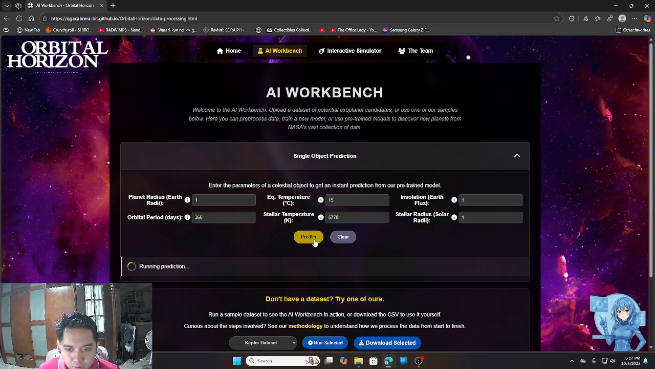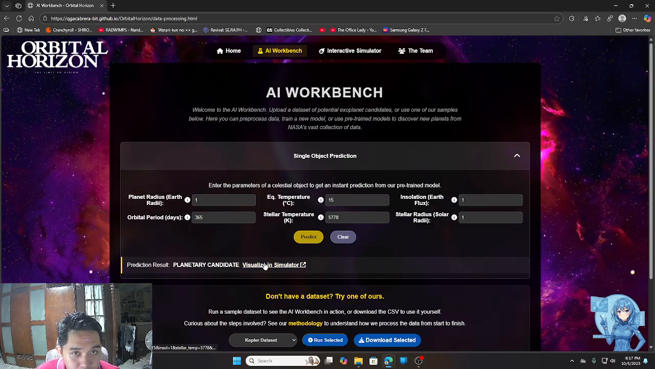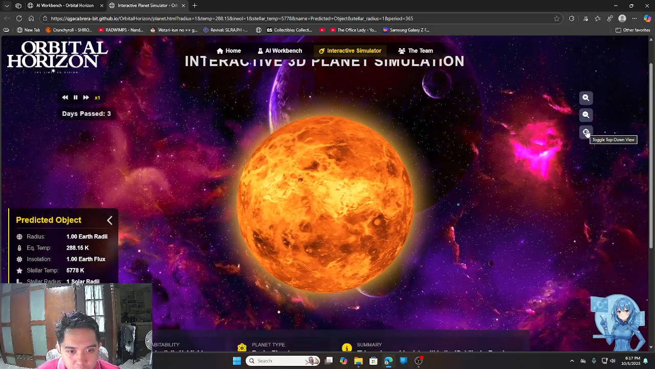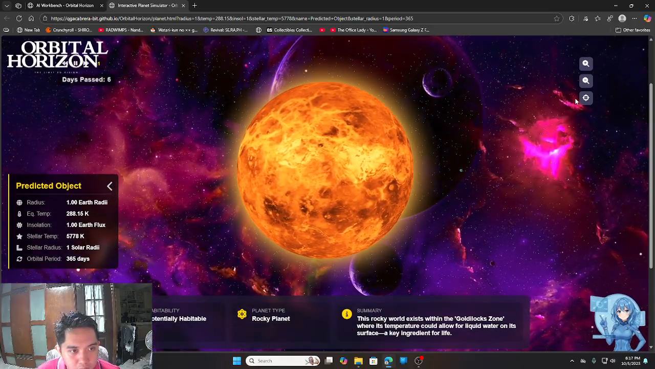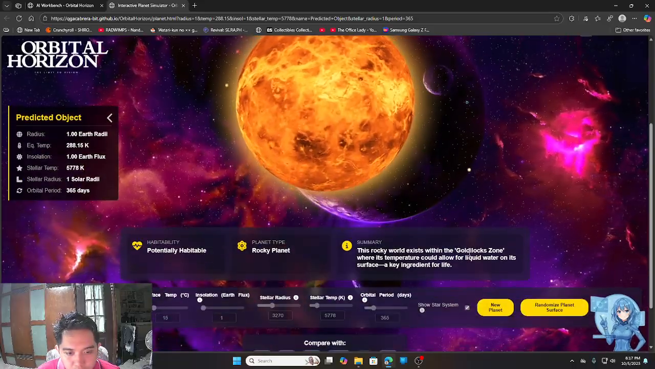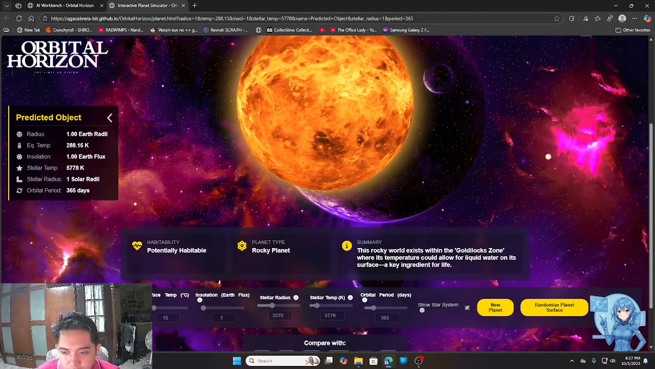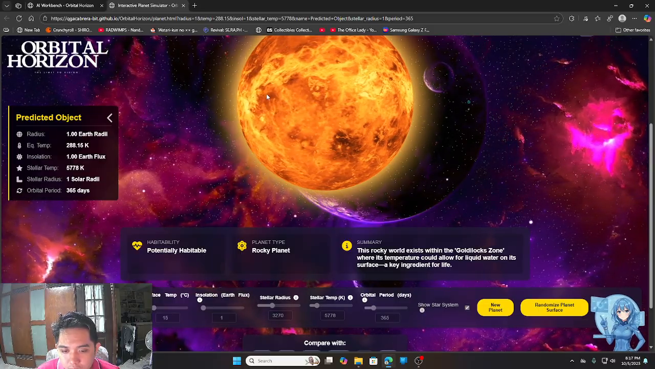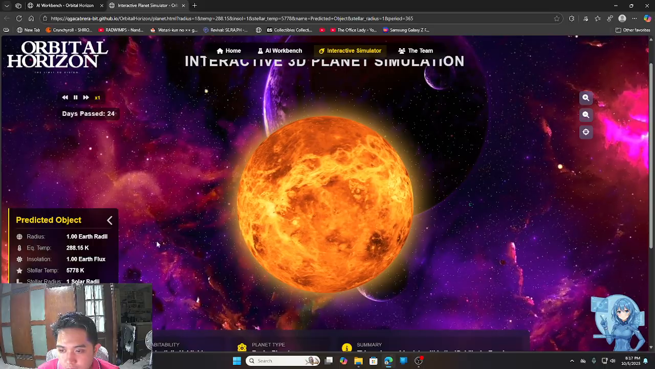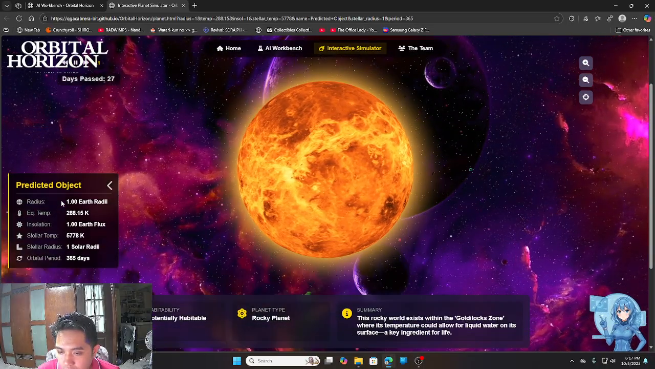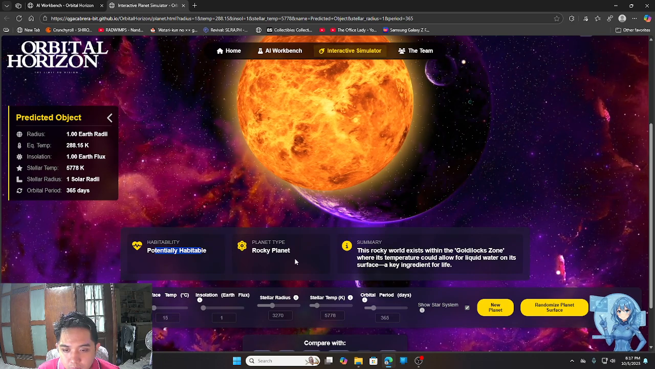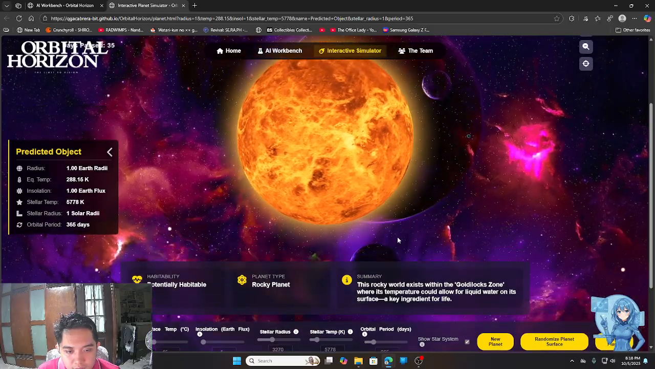So we can predict here. It says planetary candidate. So we can visualize here immediately. This is actually the Earth's comparison with the Sun. So the Earth, and then you can also... Right now it's locked since we took it from the AI workbench, but we can use this too if we want to customize our own planet. So this is the predicted object's information,